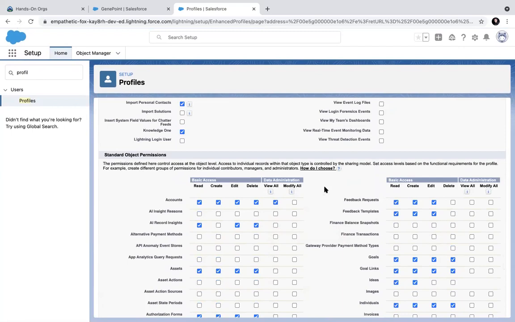It's not a user, it's a profile. So any user who has this profile will be able to see everybody's record on Account. And if I give Modify All permission, it does not matter what the OWD is. I can modify others' records also.